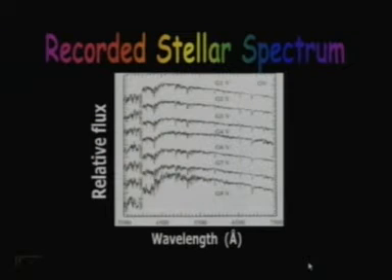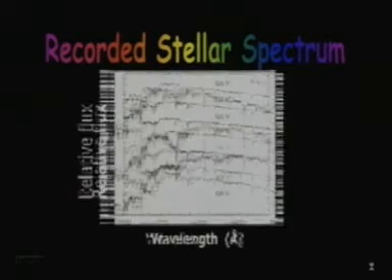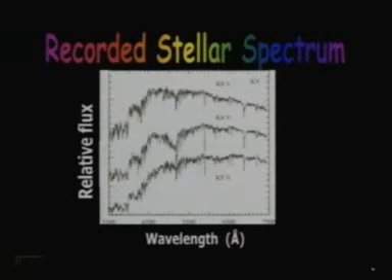These days the stellar spectra are recorded on chart papers as shown in this case. They are not obtained on films anymore. These are the tracings of the various lines. We have just seen that the spectra of various stars consist of a background and dark lines on this background.